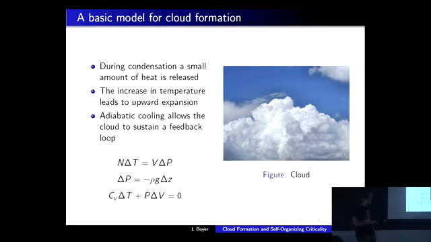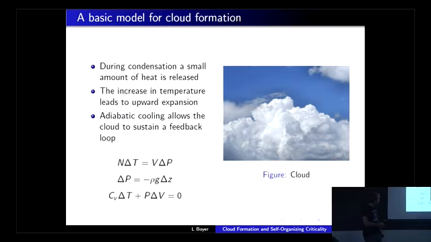So the model of cloud formation that you can get from condensation is based off these simple relations, which this is just the ideal gas law, this is just pressure from two forces, and this is adiabatic cooling. Condensation occurs, and it's a lower energy state, so heat is released into the nearby system. So the temperature goes up in the nearby system around the droplet. So the droplet rises because a change in temperature leads to a change in pressure, change in height, and then at the higher altitude, it cools down adiabatically, and then it makes its way back downwards. So then it can continue this process indefinitely,